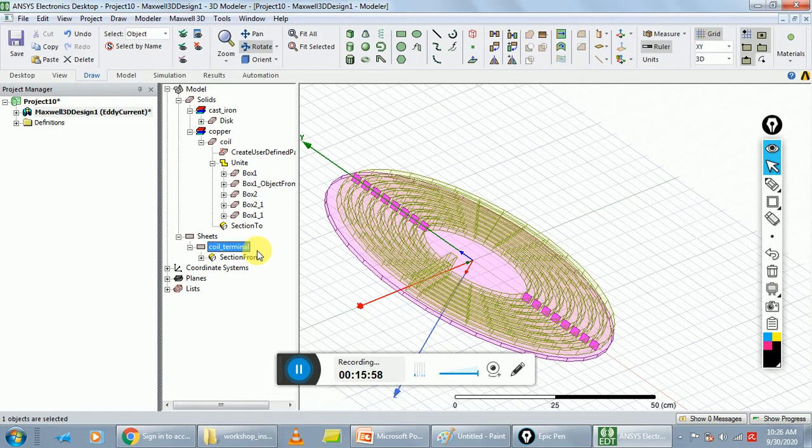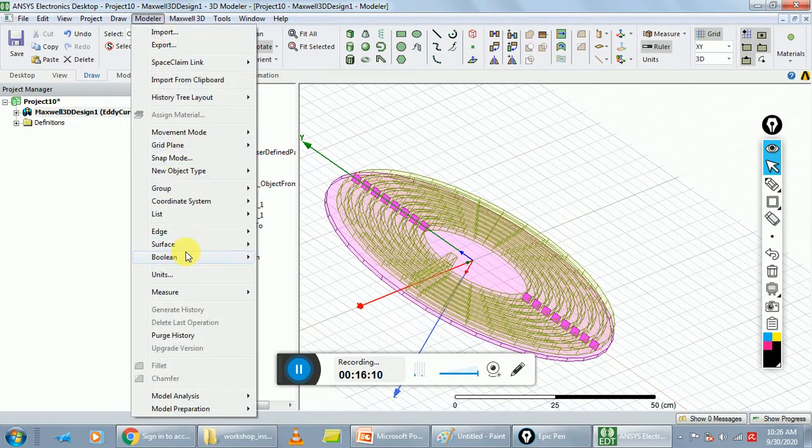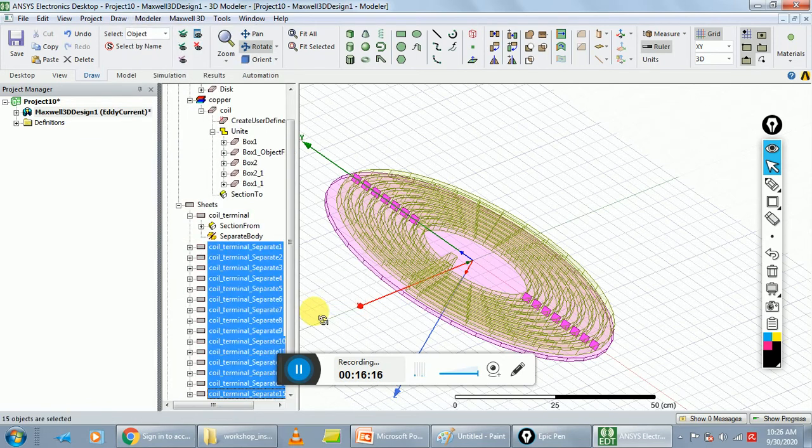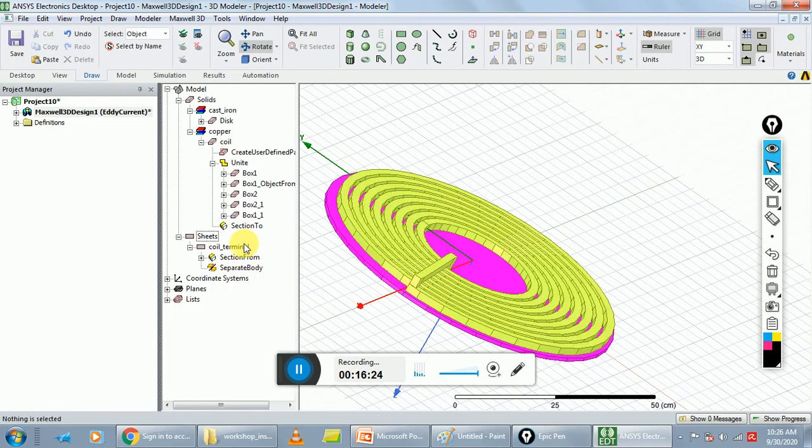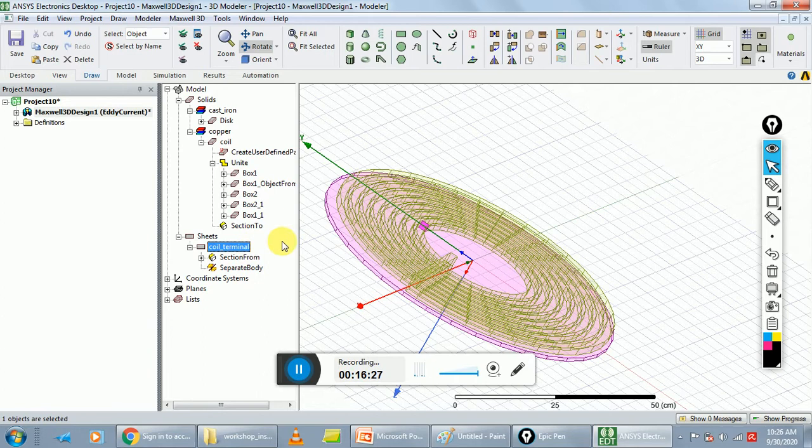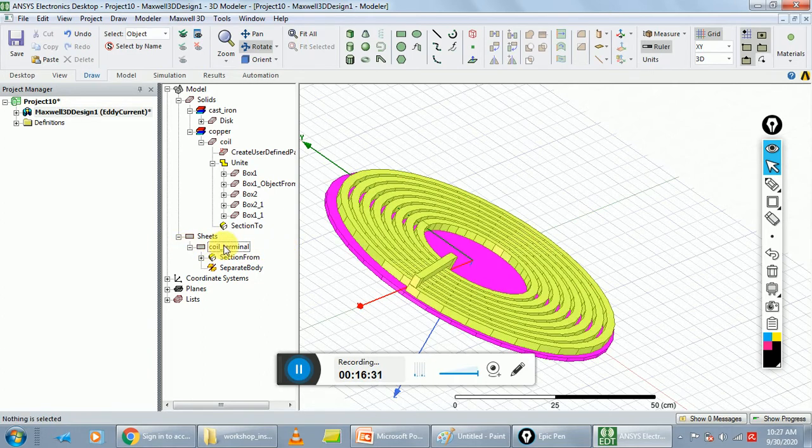After that, select the coil terminal from the history tree and go to Modeler, Boolean, and click on Separate Bodies. Delete all resulting sections apart from the coil terminal. Press the delete key and delete all the extra sections, remain only the coil terminal, and this step is completed here.